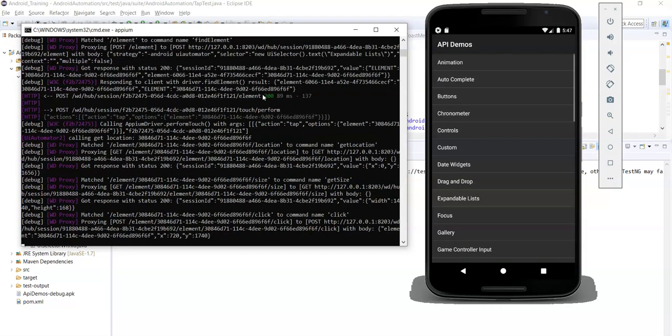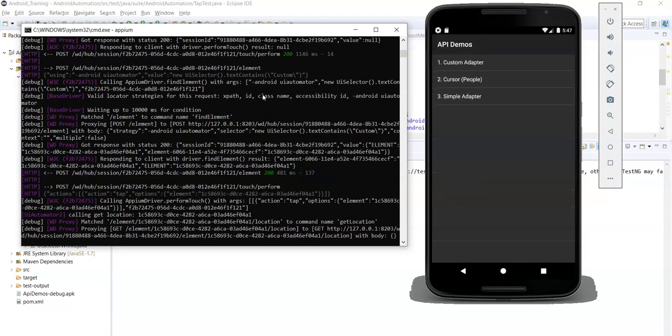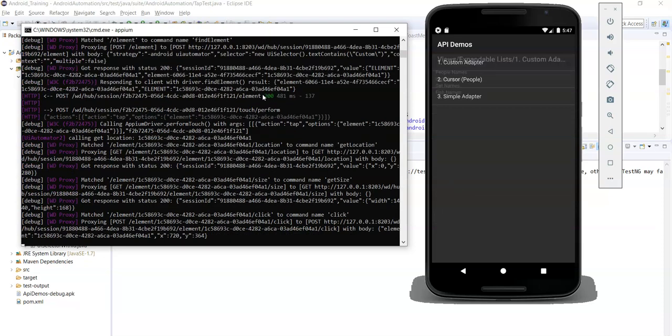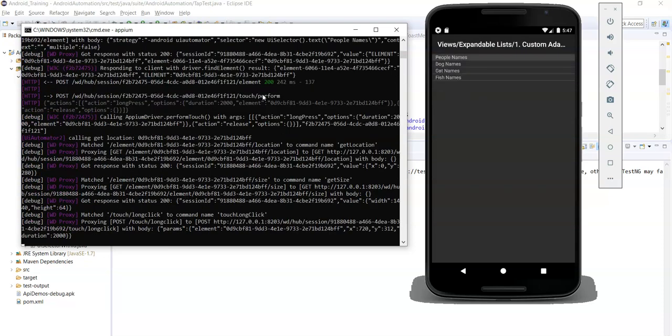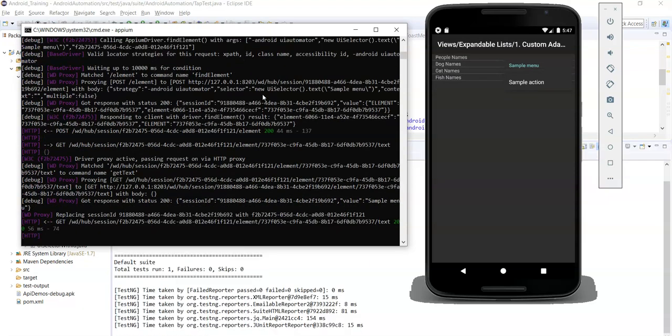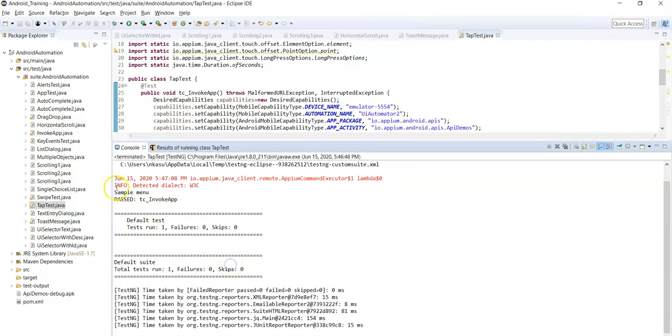Tapped on views, tapped on expandable list, custom adapter. You can see some pop-up is displayed, which means the long press action is performed successfully, and you can see the message sample menu in the console. So we successfully retrieved that message displayed in the pop-up.